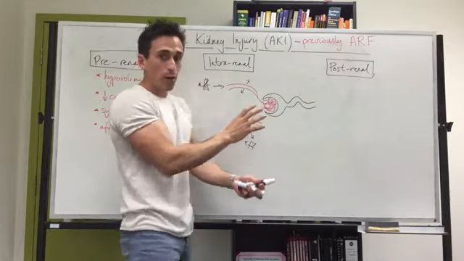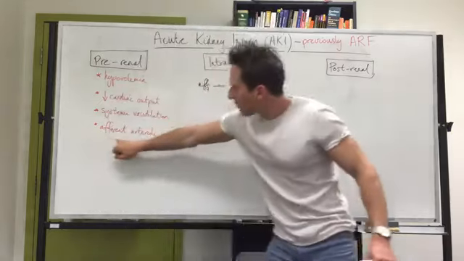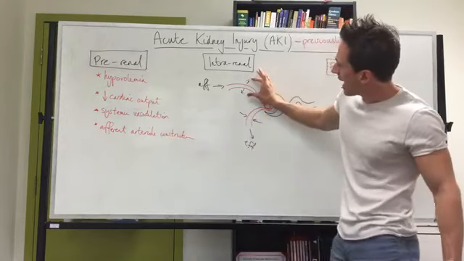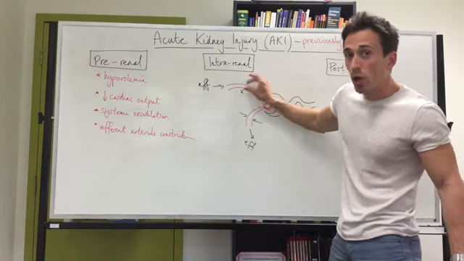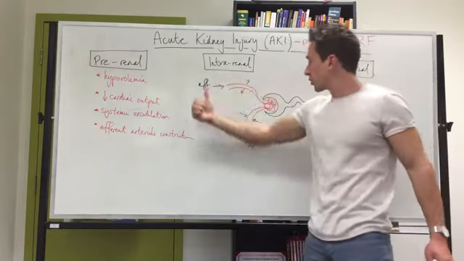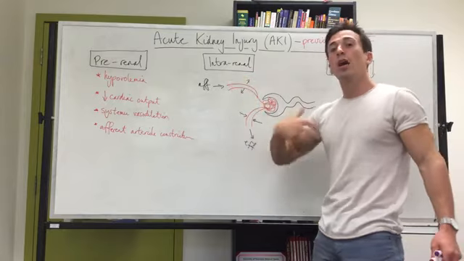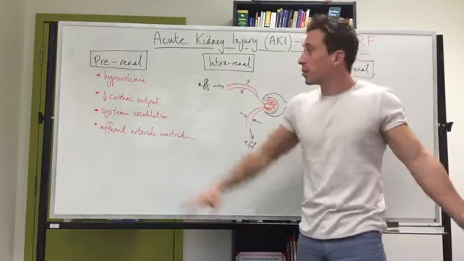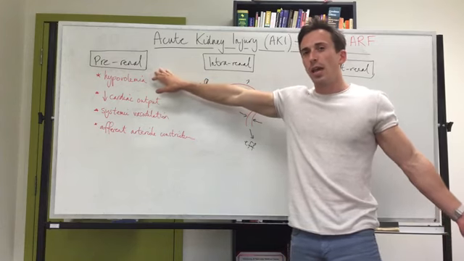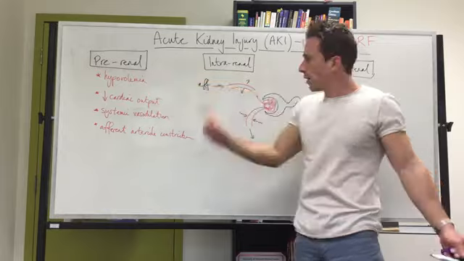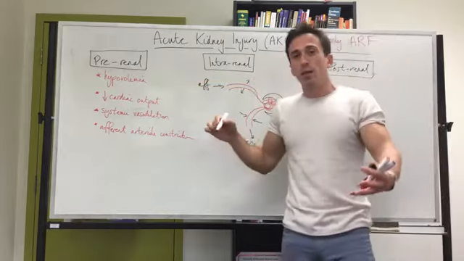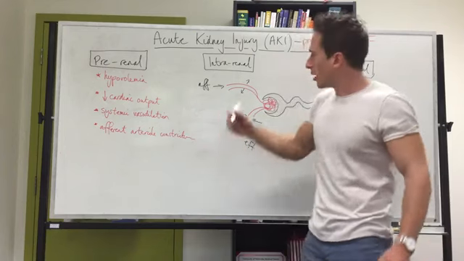Okay? Now, if we get afferent arteriole constriction, that means we are reducing the amount of blood going to the nephron, going to the glomerulus, which means that's renal hypoperfusion. That can result in a pre-renal cause of acute kidney injury. How does this happen? Well, first thing is this. There are some substances in our body, which if you've watched the NSAIDs lecture, are called